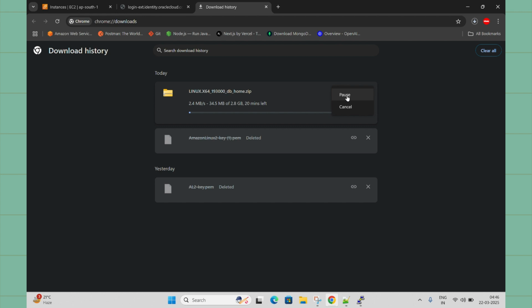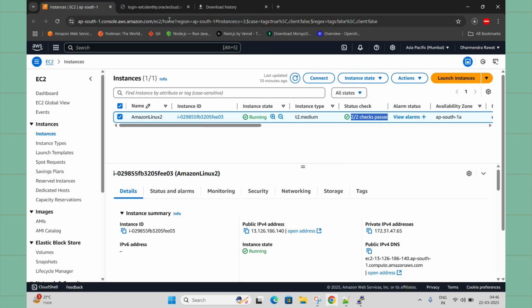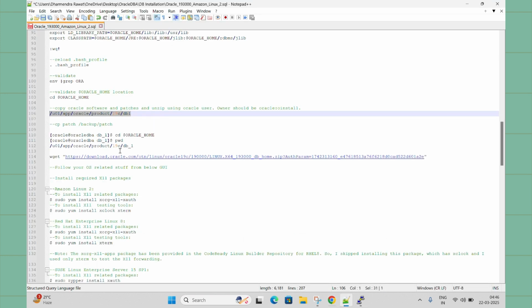Okay, no problem, you can pause it, because we are not actually going to download this, we just copy the link, the authenticated link. First we log in, and you need to get this authenticated link after your password entry. So you can copy this link here. This is the wget command. If you see, password authentication is already attached here, right?